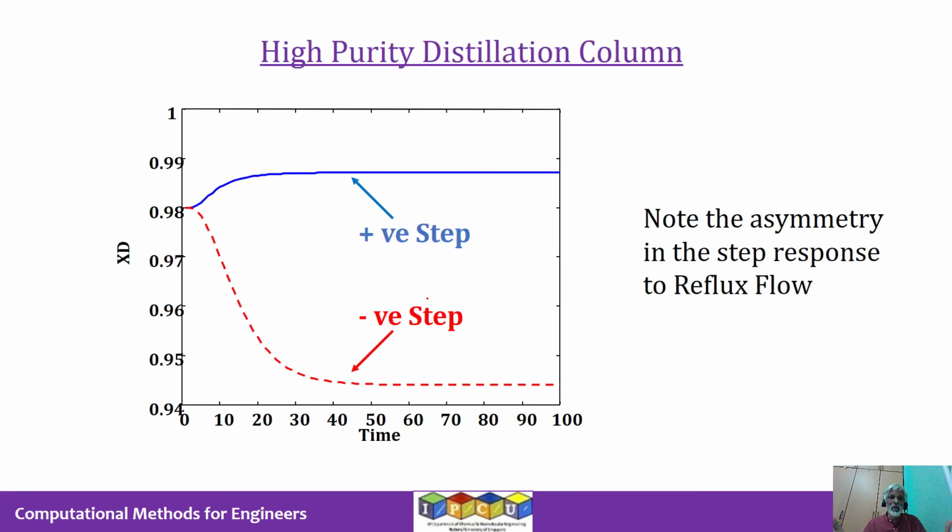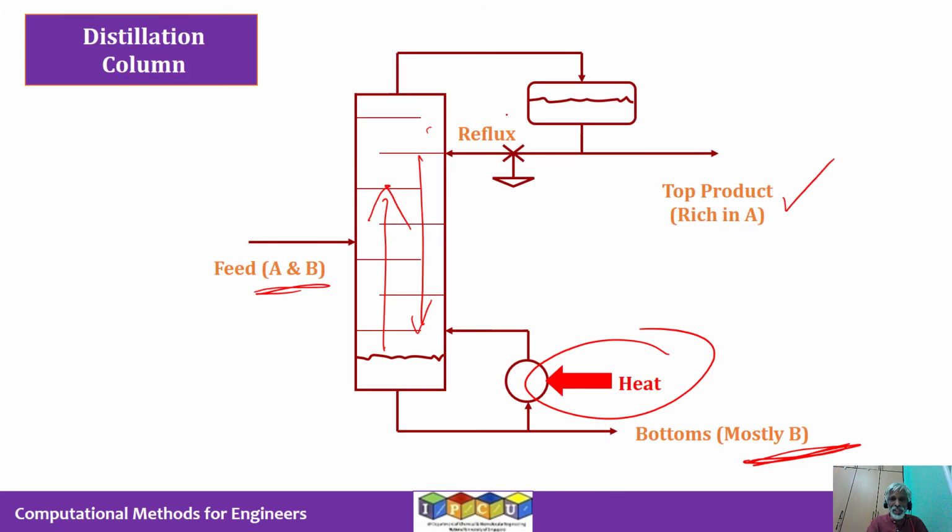So this is how, if you simulate a high purity distillation column, this is what you will see. The 0.98 is the mole fraction in the distillate stream of the lighter component. So 0.98 is the steady state mole fraction in the distillate stream. Now what you do is you change this reflux flow. That is one of the manipulated variables that the operators use. So if you want to increase the purity or decrease the purity, one of the ways to do it is by changing this reflux flow rate. So you can open this valve or you can close this valve.